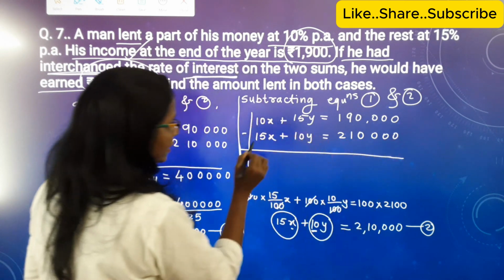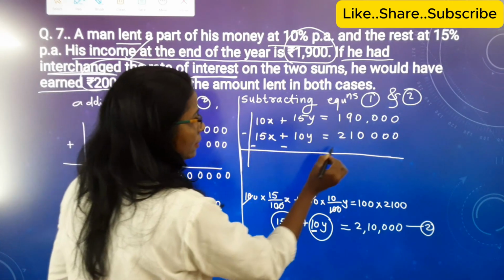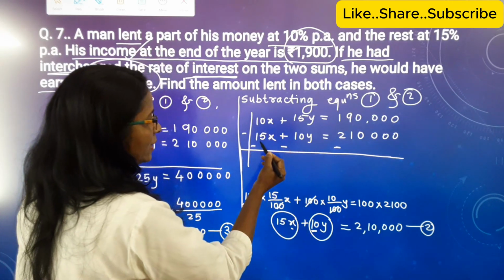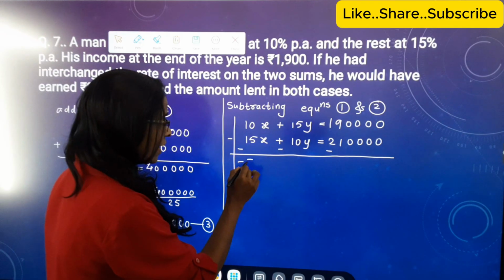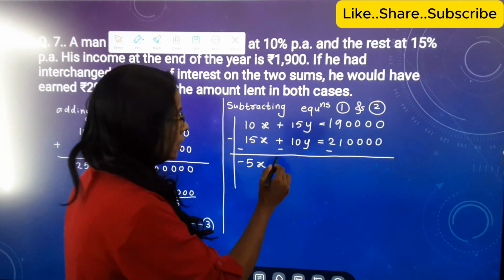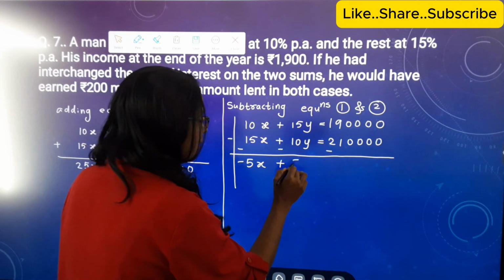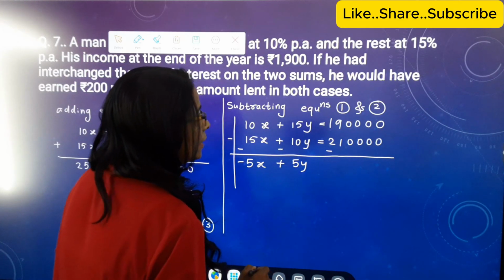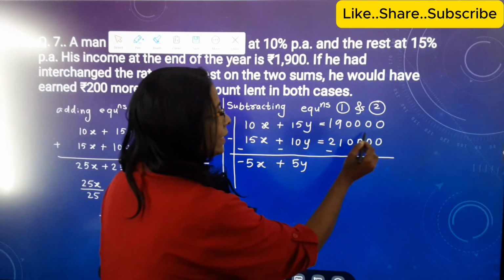Subtracting means change the sign. So 10x minus 15x, that means minus 5x, plus 15y minus 10y is equal to plus 5y, and on the right 1,90,000